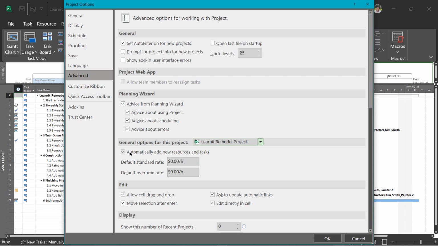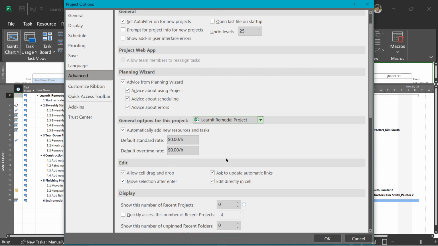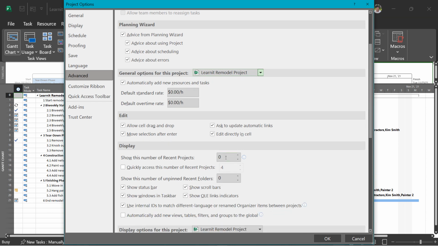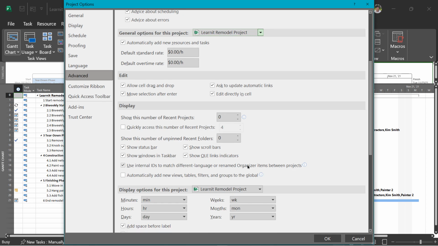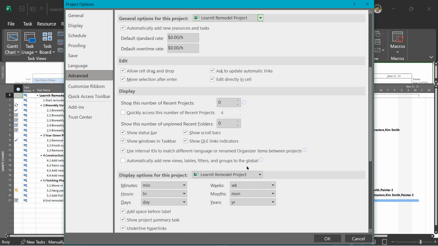And notice the check mark that it would automatically add to new resources and tasks, whatever you put in these boxes. You have an edit area. And then for your display area, you can show the number of recent projects on your start screen. Now, if you continue to scroll down under these general options,